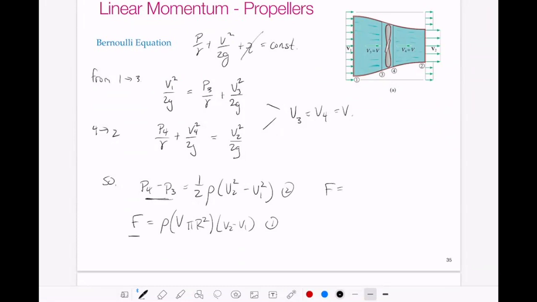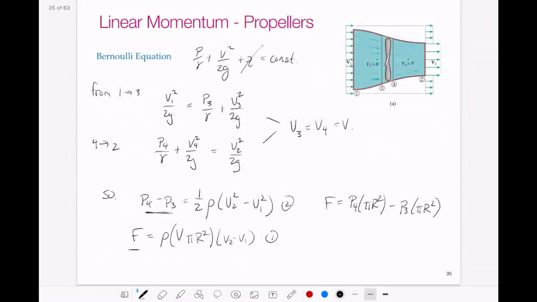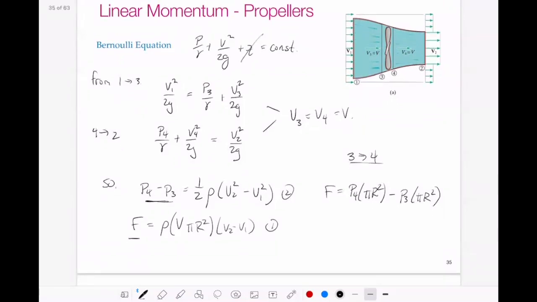So the force would just be equal to the pressure at 4 times pi r squared minus the pressure at 3 times pi r squared. Since the velocities aren't any different, the velocity at 3 is equal to the velocity at 4, from 3 to 4. If we do this and substitute that into here, we end up with